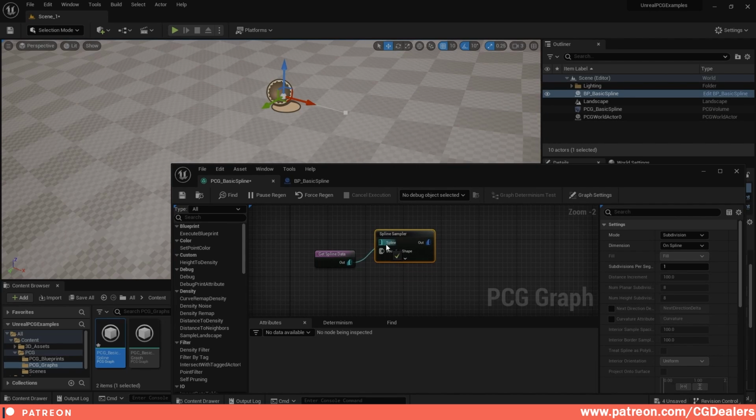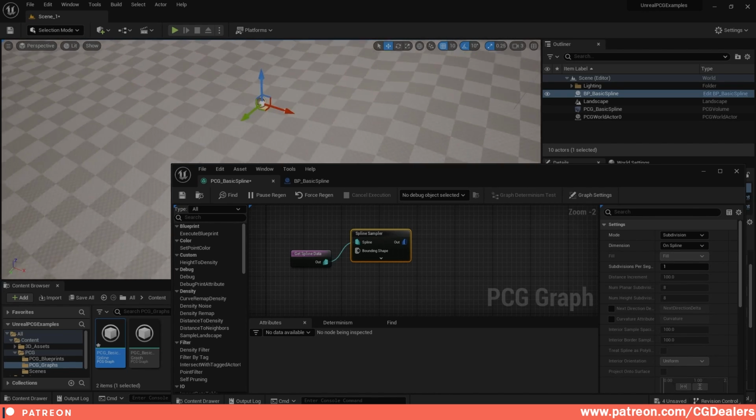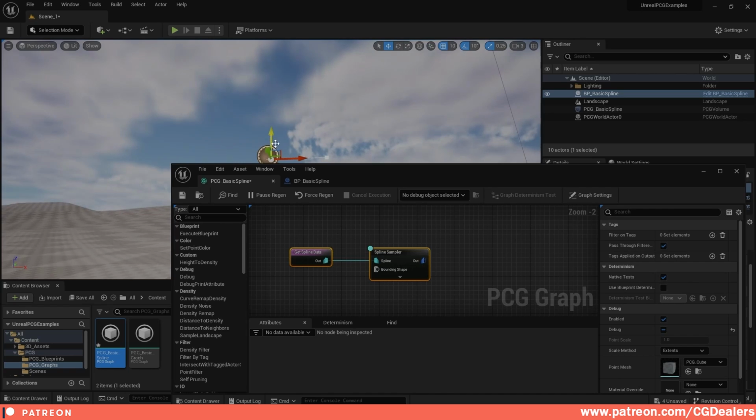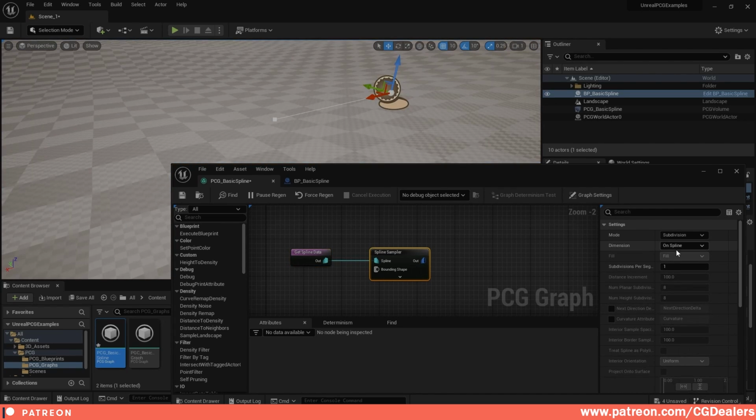I'm going to connect it over here. And I need to make a few changes. The first thing is the dimension. Over here, you can choose different dimensions of the spline. You can go along the spline. Let me just show you how this works. I'm going to hit D on my keyboard to debug it, and I'm going to focus on my spline. So with using the dimension on spline, if I turn the debug on, you can see that it is moving